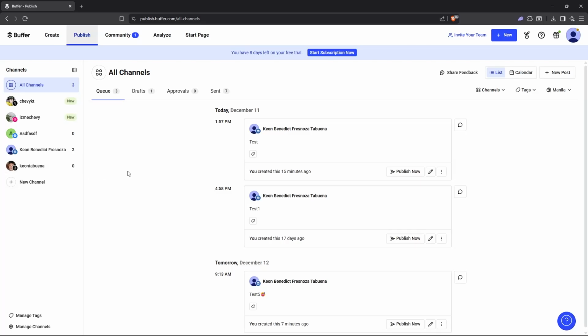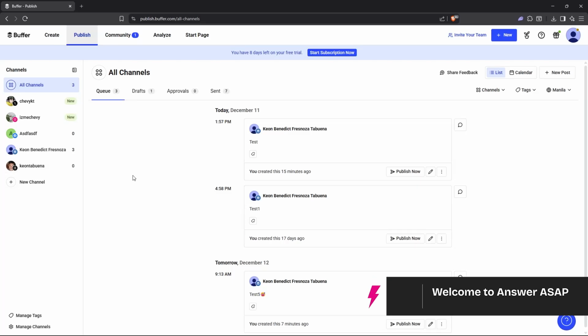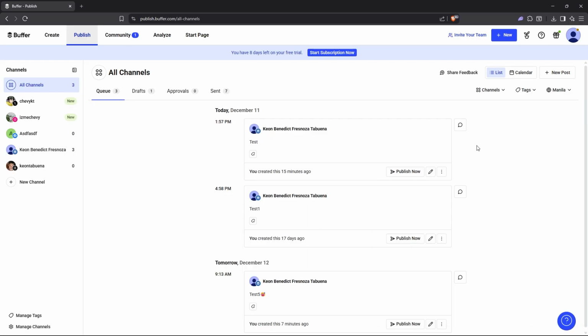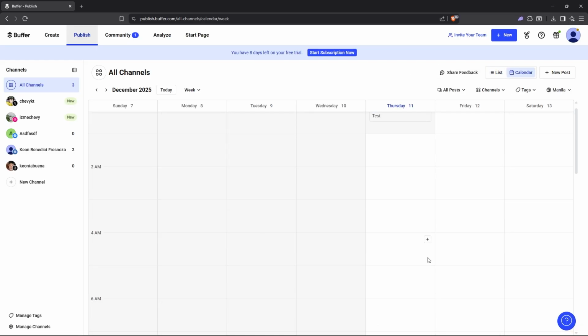How to delete a scheduled post in Buffer. So first is just basically access your Buffer account either on the web or mobile app. Then you could either go with the calendar view to check out your scheduled post, or go with your list